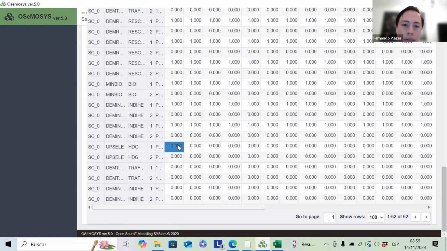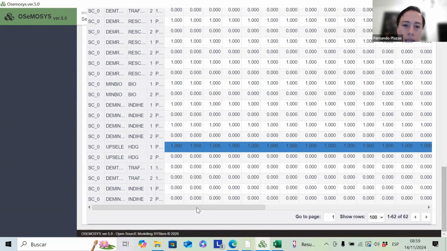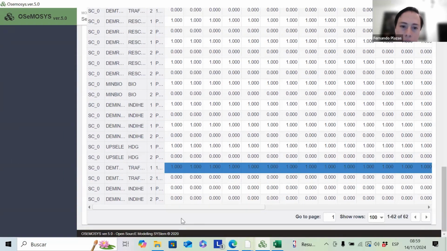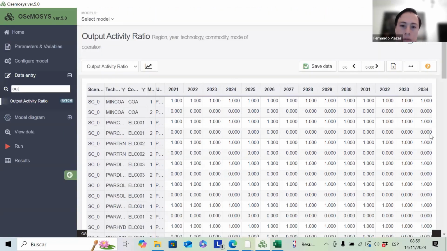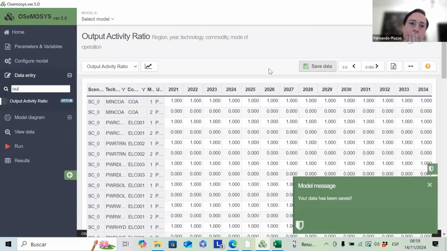Then we have this for the electrolyzer. Once again, mode of operation 1, okay? So here we have this. It's going to be the same for the hydrogen truck. It's going to be the same for the hydrogen boiler, right? Then you can save it,